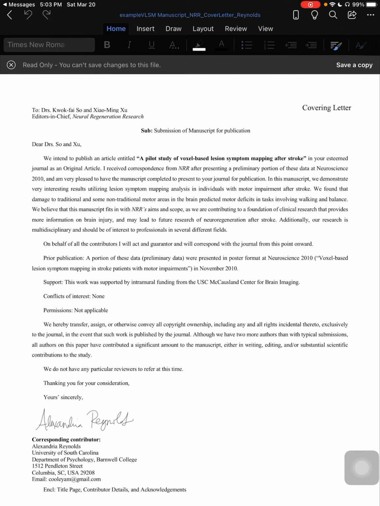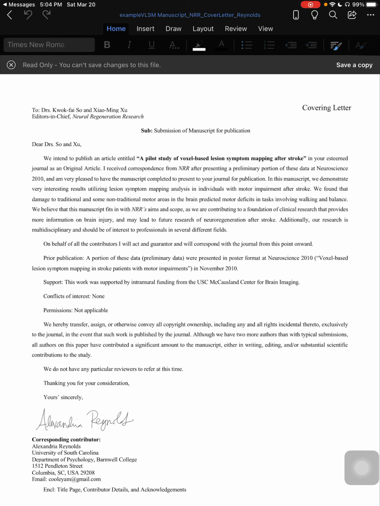Typically, a cover letter is a way for us to introduce the paper, right? So for senior seminar, you might be saying, "This is my paper. I'm presenting it to you. These are the flaws. These are the merits. This is what I think I did on it, and this is what it's about." In the publishing world, the cover letter serves the same sort of purpose. It's introducing your manuscript and explaining why you think it should be published, and it's really a request